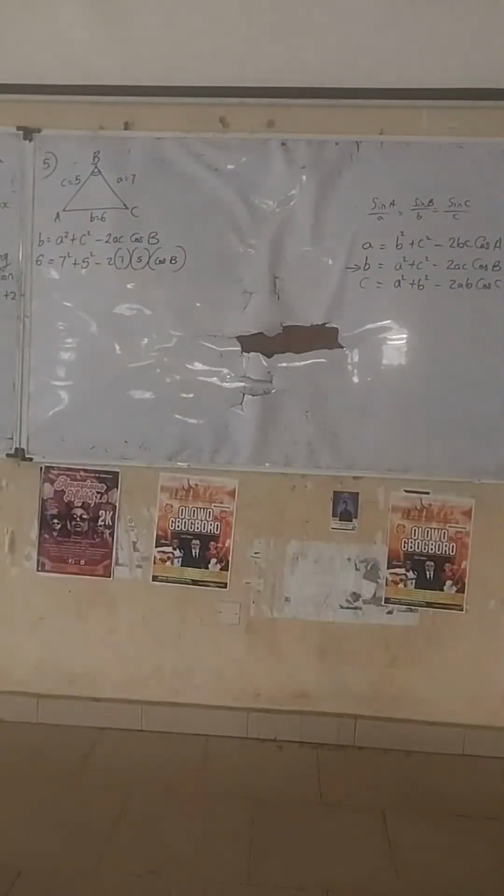Is it not a squared, b squared, c squared? No, it's correct. Are you sure? It's not looking correct to me. Is it a square equals b square plus c square? B square equals to